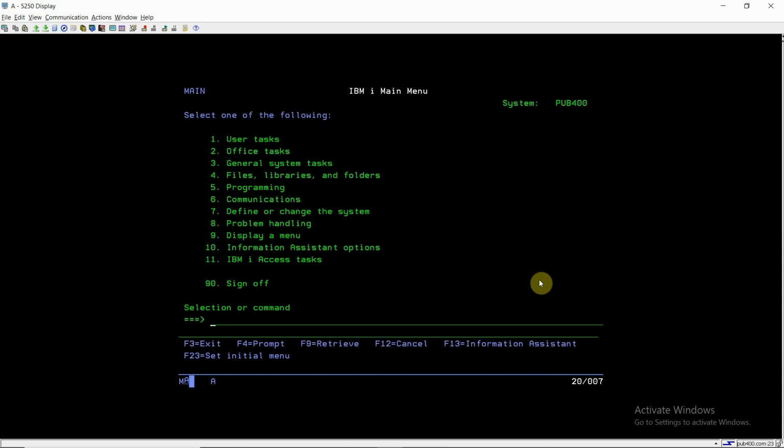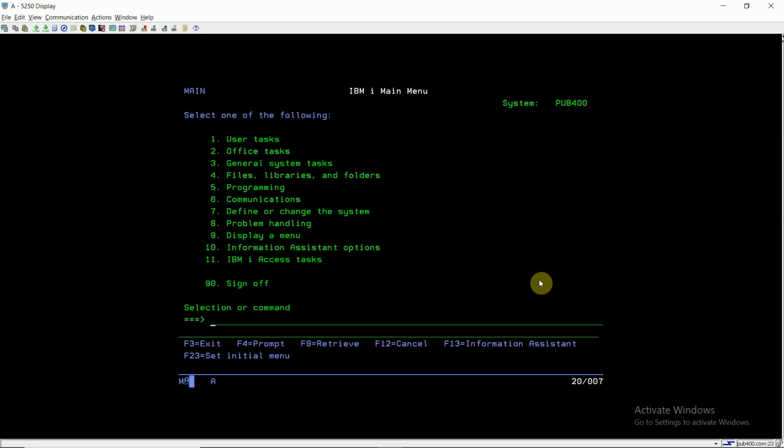A library cannot store another library, and since it's an object, we can check its existence using WRKOBJ. We have commands like CRTLIB and CHGLIB, where we can create a library and change the library. Here I'm talking about the CPYLIB command.